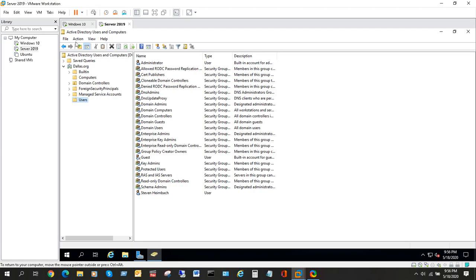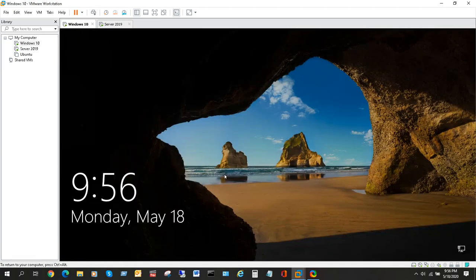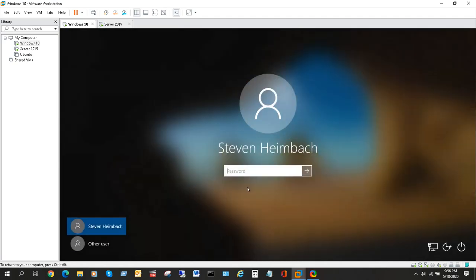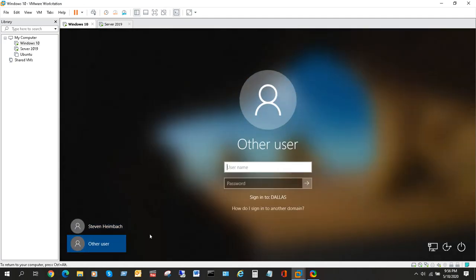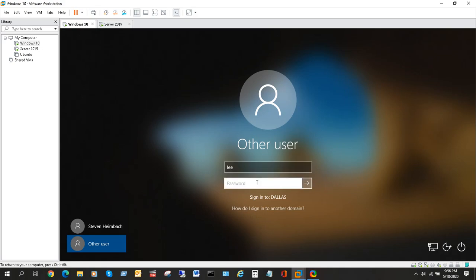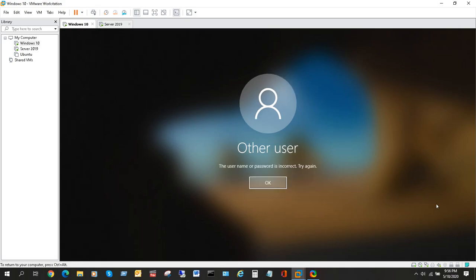Now I'm going to jump back over to the Windows 10 machine, and I'm going to hit Control-Alt-Delete. What I'm going to do is add a user named Lee. But right now Lee is not a member on the domain controller. He doesn't have a user account created. So if Lee would try to log in with, let's just say he had a password, it's going to come back and say there's nothing for him to log into because no user account has been created. So we're going to jump back over to the